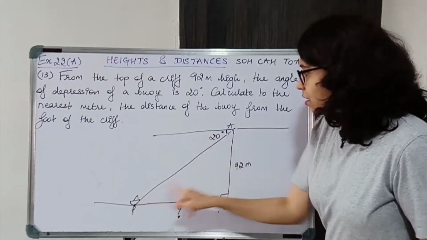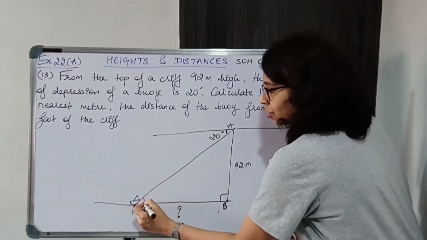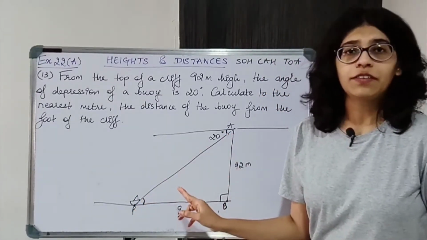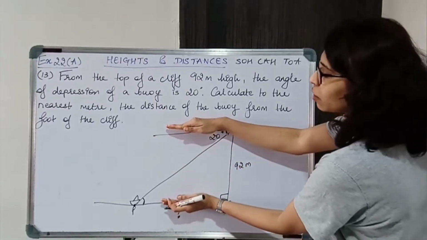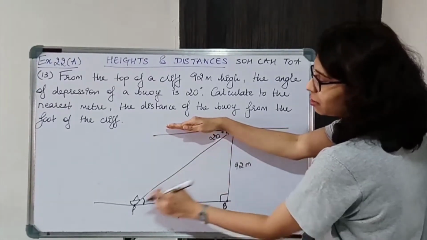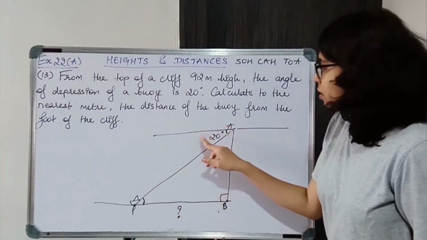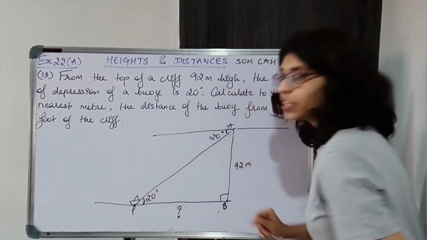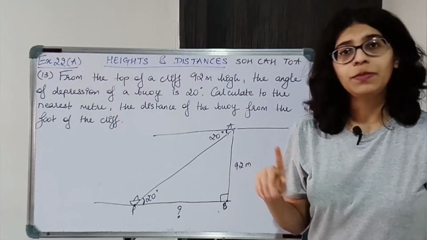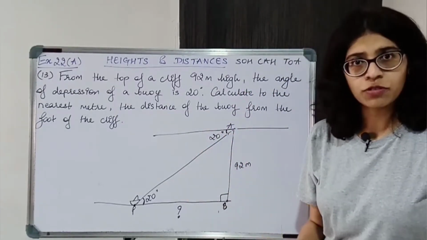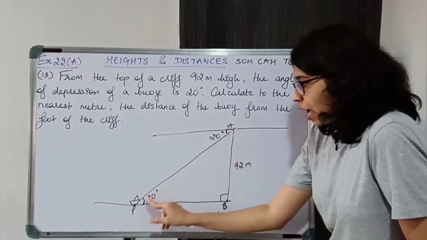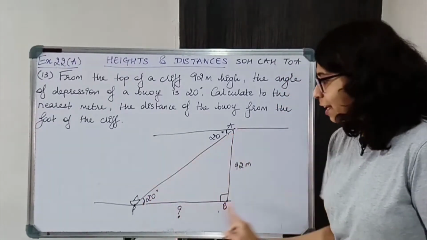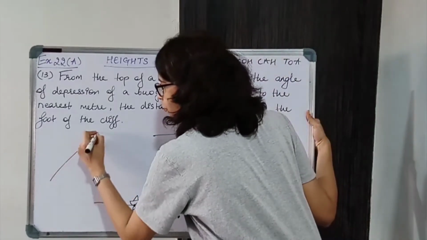Now this angle of depression is equal to angle of elevation, because these two are horizontal parallel lines and this is the transversal. So these two are alternate angles, therefore they are equal. ठीक है? We have done this in the introduction part of the chapter. Please have a look at that if you have some confusion. Now, angle of elevation is given, that is angle APB. So for this right angle triangle, we have enough information.